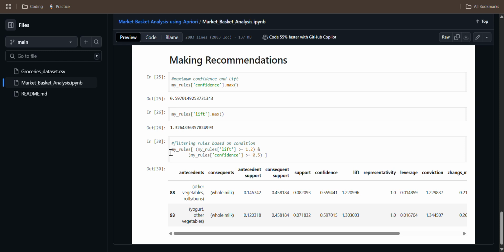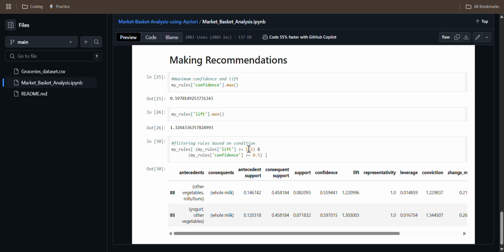So we thought of a rule: why not use the maximum values and get the strongest recommendation possible. We used the rule that lift greater than 1.2 is accepted and confidence greater than 0.5 is accepted.